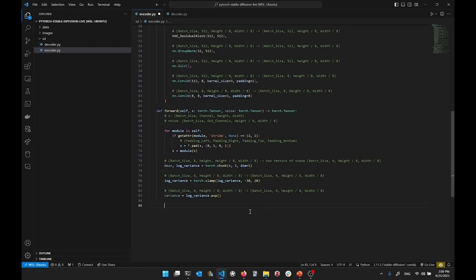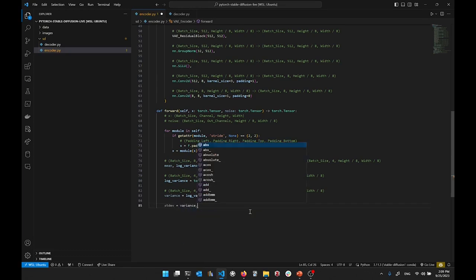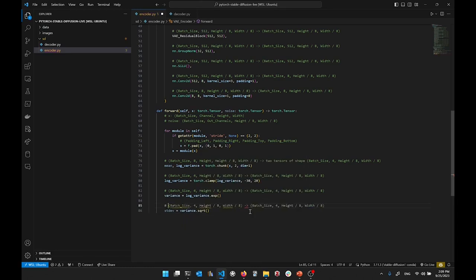And then to calculate the standard deviation from the variance, as you know, the standard deviation is the square root of the variance. So standard deviation is the variance.sqrt. And also this doesn't change the size of the tensor. Okay. Now,